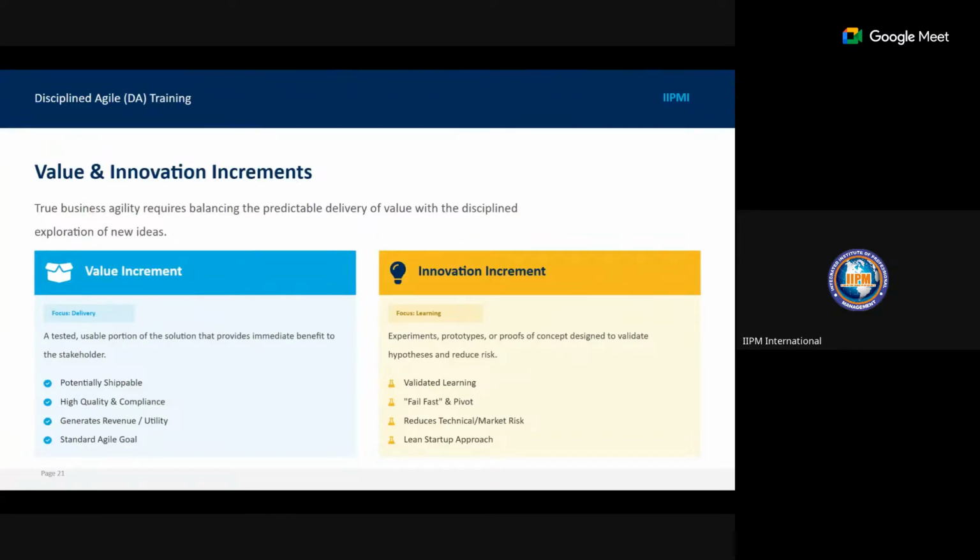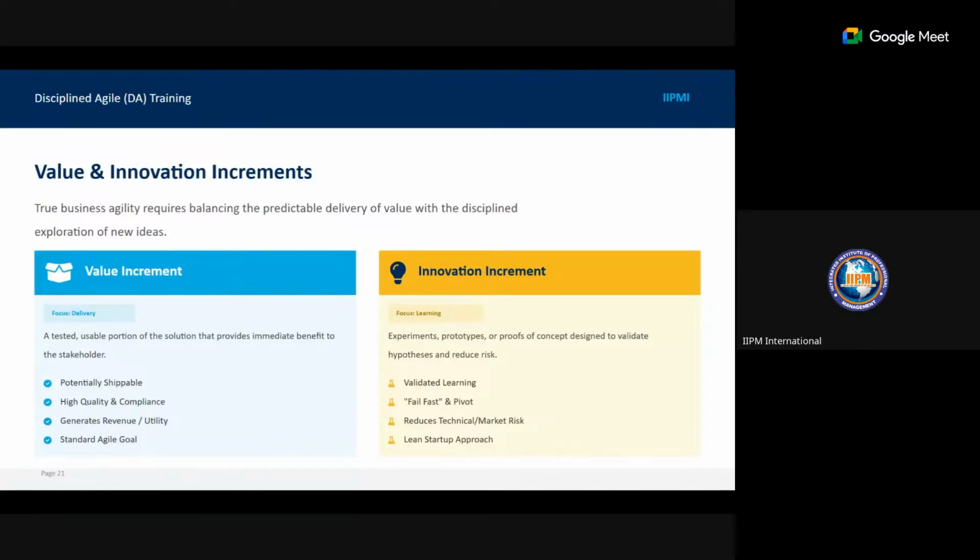So it is potentially shippable, high quality and compliant, generates revenue and utility, and it has the standard Agile goal. Whatever your definition of done was from the beginning of the project, this particular value increment, which is now a product or service, must carry that goal.